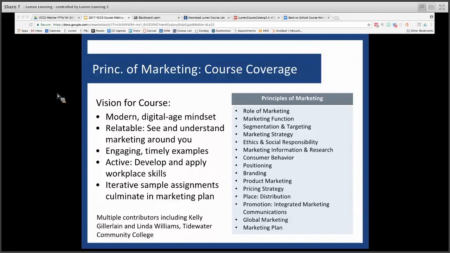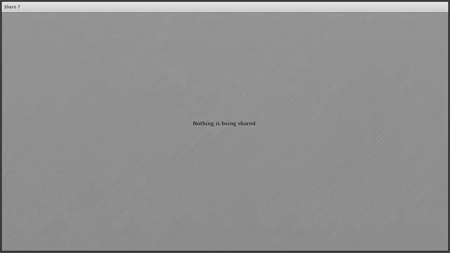Contributors here, again, we had Kelly Gillerlane and Linda Williams from Tidewater Community College, who were involved in the original vision and the design, certainly a lot of feedback. We had other subject matter experts as well, but we've got a long history of working with VCCS faculty members and appreciate their input into making sure that these courses are going to be a good fit for the student audiences that we're serving. So with that, just a brief overview, I'm going to jump over into Blackboard,